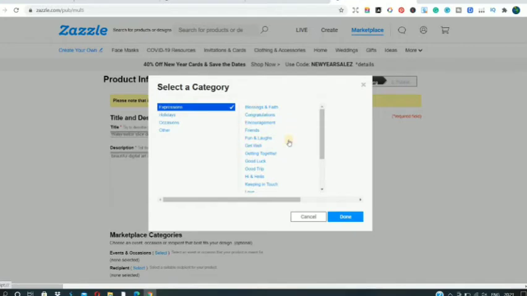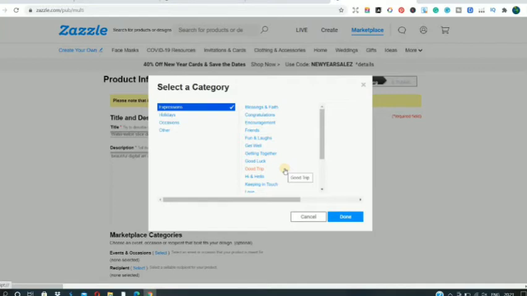So you can go with that, guys, and it's an amazing way to get more eyeballs on your Jazzle shop or Jazzle design, because you are optimizing your design for the Jazzle platform. You're telling them, hey, I'm uploading my design that is related to Easter, and I am selecting Easter as the category, so just show my design to those customers who are interested in buying Easter designs.